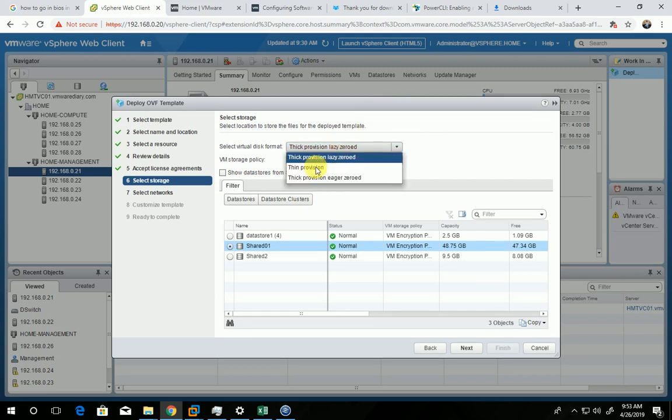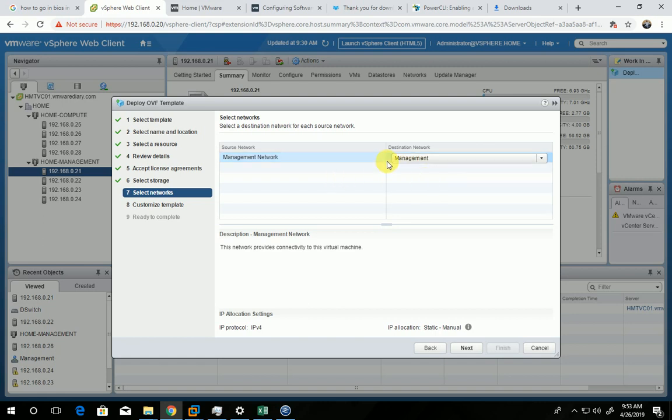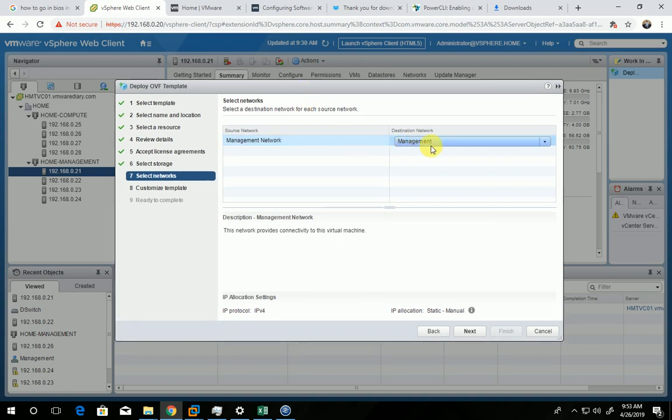So I'm just selecting this as thin, clicking on next. Select your port groups. Okay, it depends on where you want to flow your traffic from, via which port groups, via which uplinks. Okay, so I'm selecting it here as management because this NSX Manager is for the management communications. So click on next,